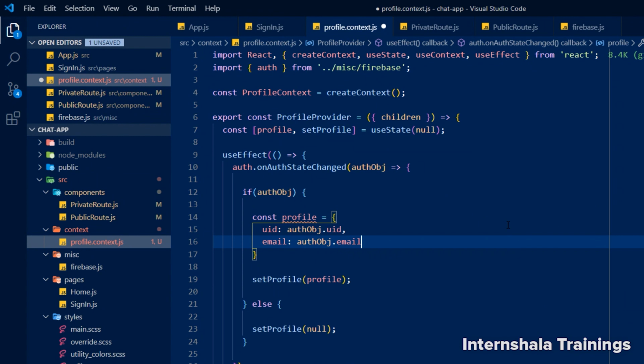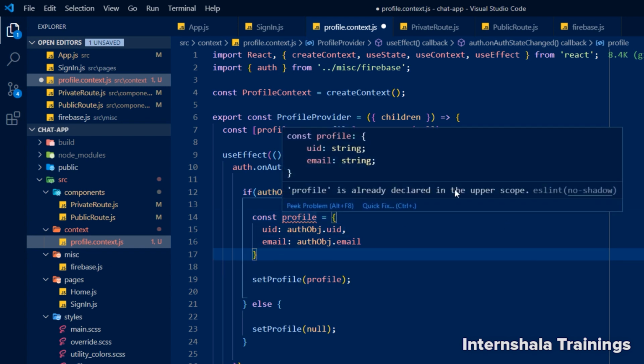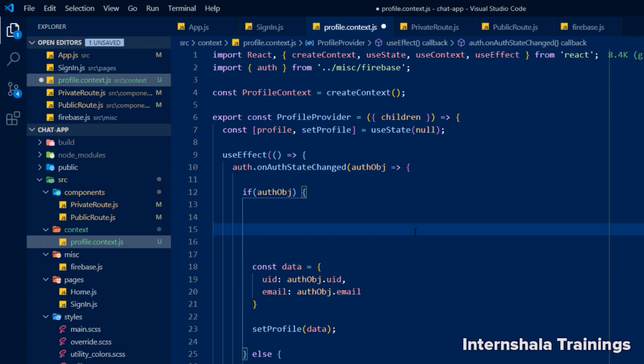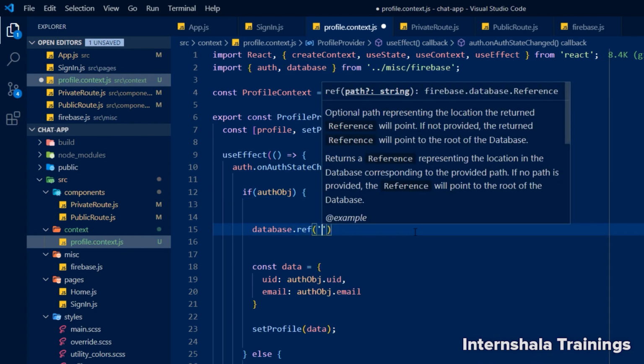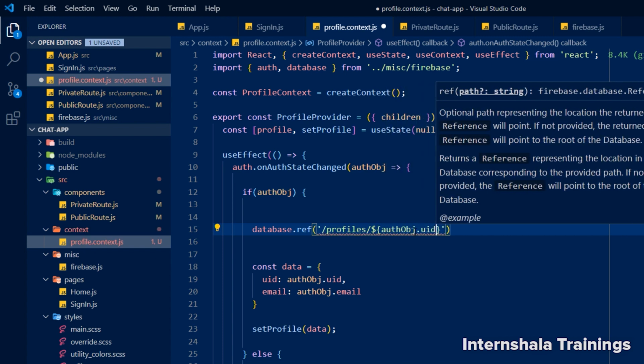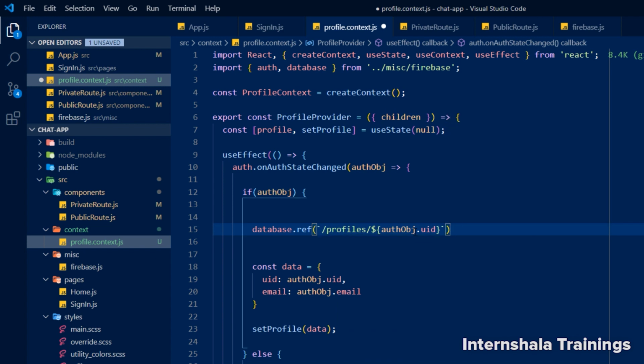And also we need our data from real-time database. So we need to actually get it here. So what we will do? As we can see, profile is already declared. All right, maybe let's just name it data and set profile data. Okay, so here to get actual data from the database for this user, we need to call again database from Firebase. Then we're gonna put reference, again we're gonna put profiles, then we're gonna put auth object.uid, then we switch quotes for string interpolation,